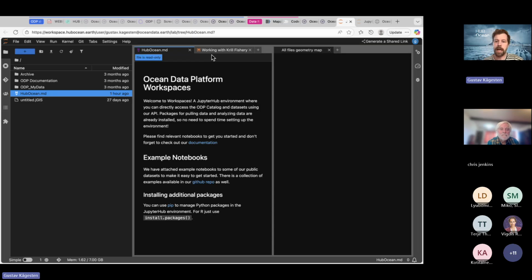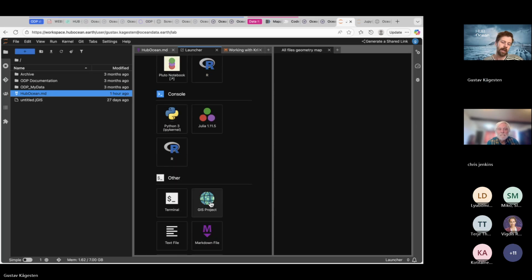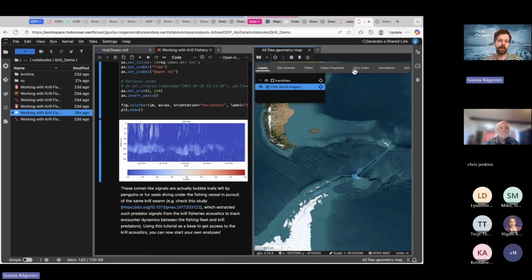But the workspaces we offer are really a Python and R environment, and also a new JS project, which is quite cool. It's based on QJS, but made available through Jupyter Lab. So with that, you're already authenticated on the platform. I used that to connect to this data, and I plotted all the track lines, which is in our file metadata, and I opened the files directly with Python.